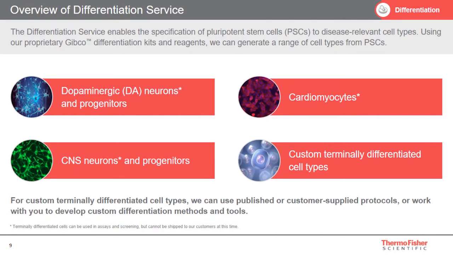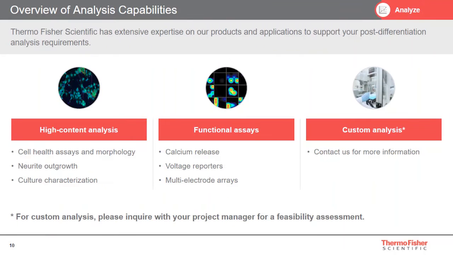Of course, we can also terminally differentiate the cells in our facility and run the analysis on the cells ourselves. And this is actually a great segue for me to talk about our in-house analysis capabilities. In very much the same way that we can help our customers with the differentiation services, we can do the same by supporting our customers' post-differentiation analysis requirements. And this includes high content analysis such as cell health and morphology assays, neurite outgrowth assays, or culture